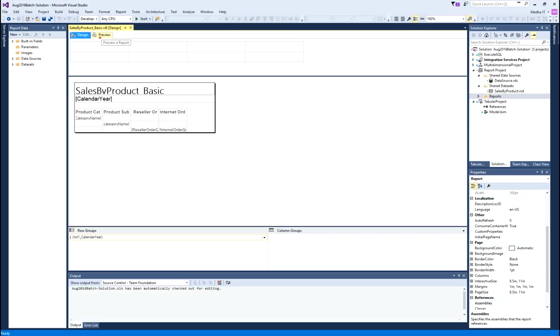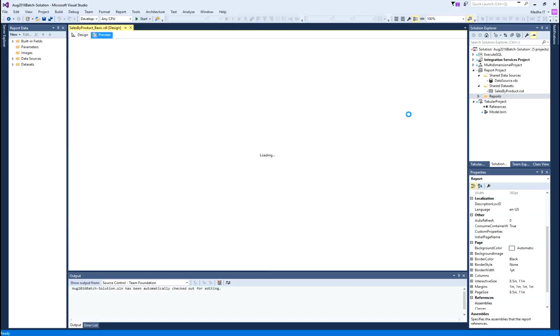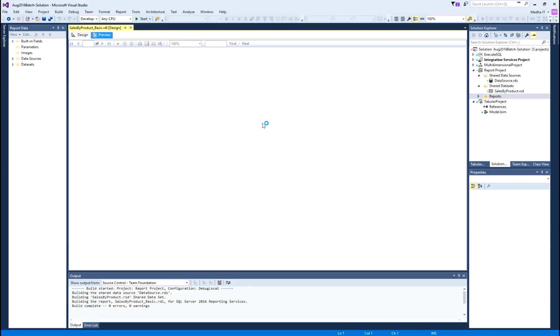In the preview tab, we can see the behavior of the report. How does this report look when we actually execute, that means when we actually render the data? That is what you see in the preview. So if I click on preview, it is basically loading the data from SQL, whatever the source we provided.